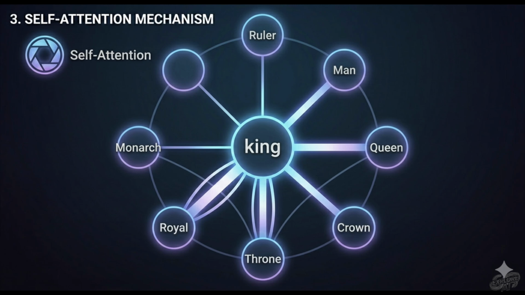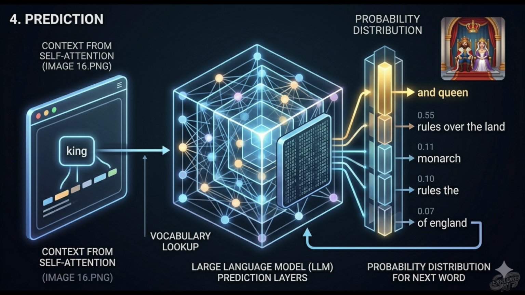Now let's talk about step 4, prediction. Here, the input king, now processed with context from the self-attention stage, is fed into the model. The infographic shows multiple paths where the model calculates the probability of what comes next. The strongest path predicts queen as a likely conceptual sequence, visualized by a pair, an image demonstrating how king directly